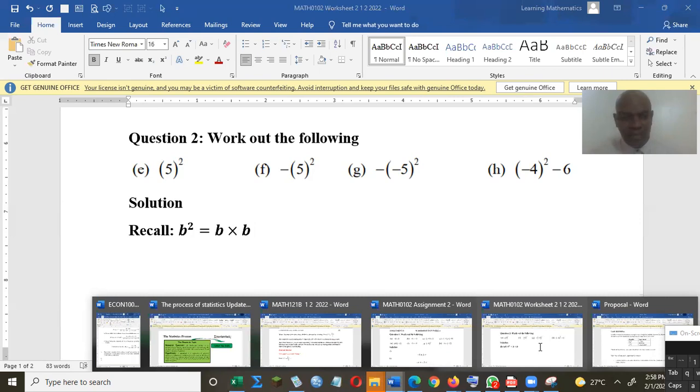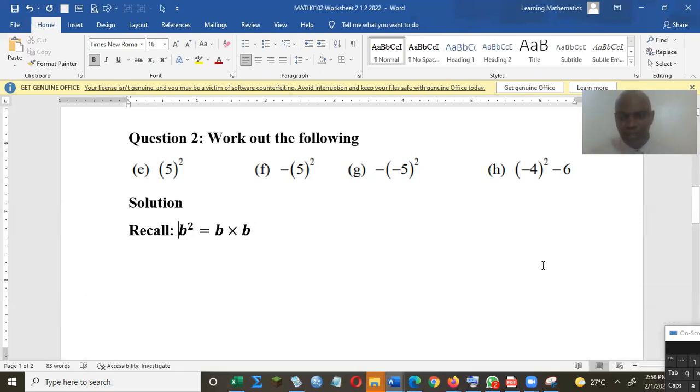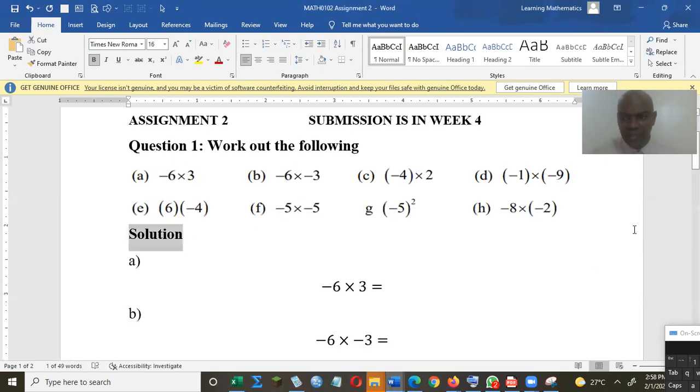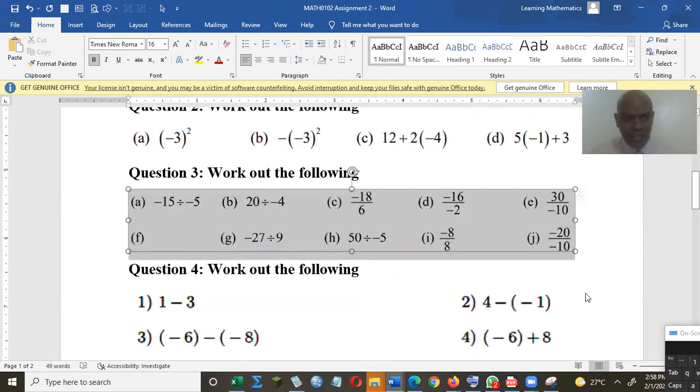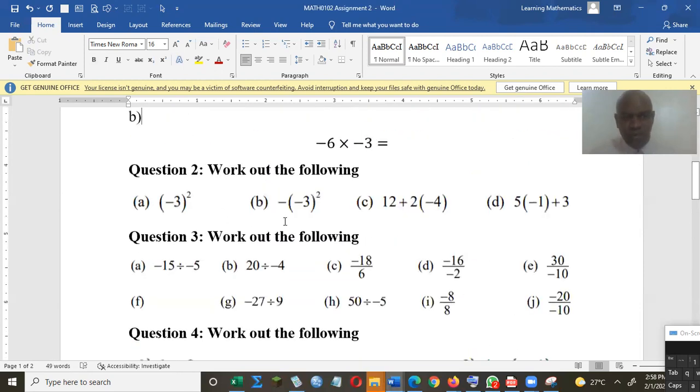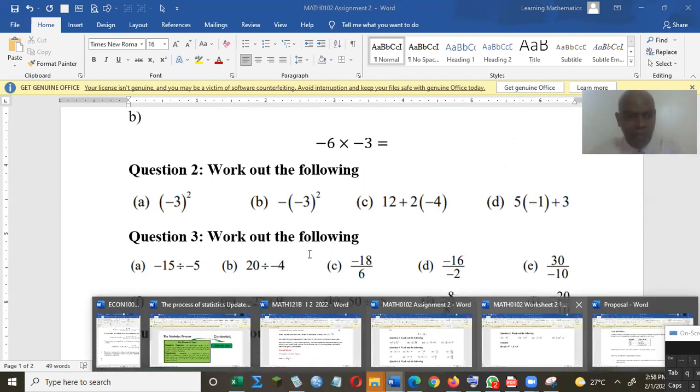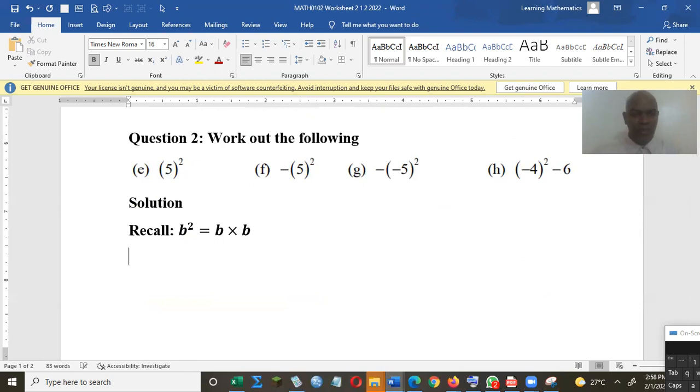Okay, let's go to the assignment number 2. Let's take a look at number 2, but I'm pretty sure that number 2 in the assignment, that's the worksheet, should be similar, right? So it's power of 2, and then you have a multiplication, and you have very similar questions. So let's continue. Now for part E,